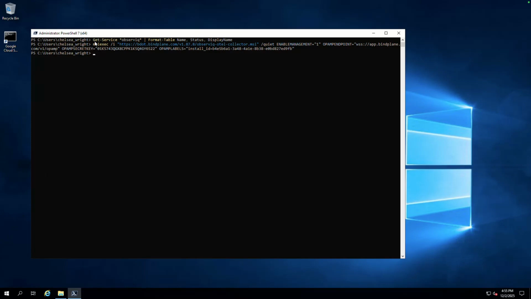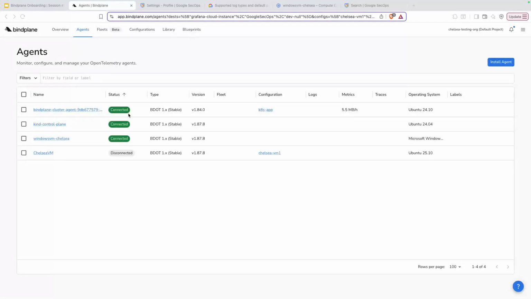So the next thing that I can do is go into PowerShell and run that command again, and you should now see Bindplane stood up successfully. So that's looking good. What I've done now is navigated back to my Bindplane management console, and you can